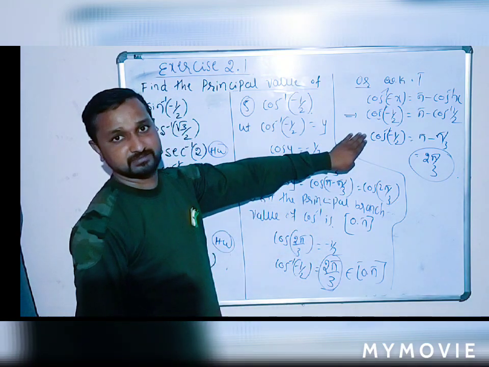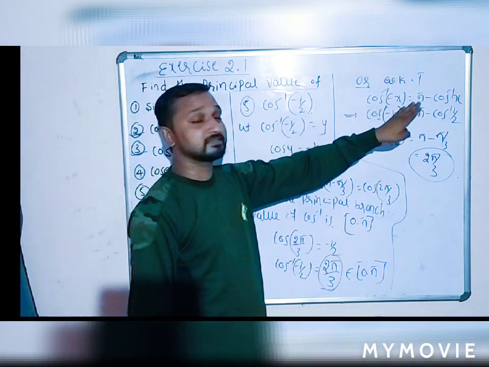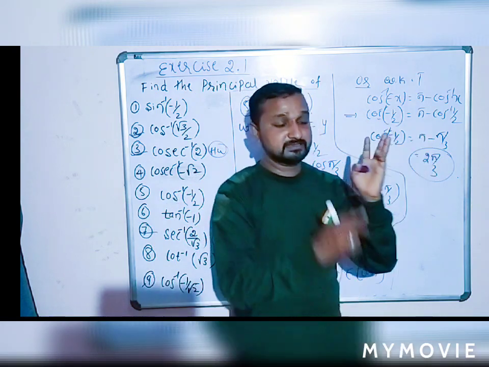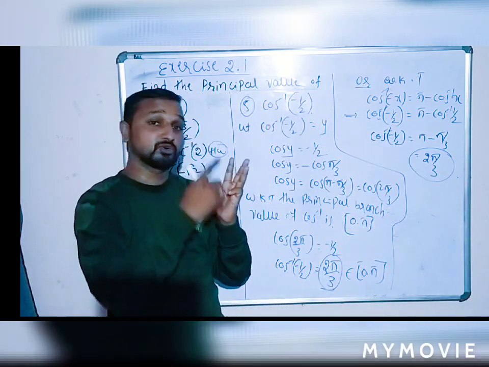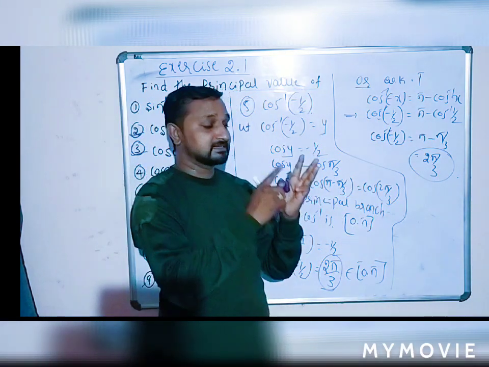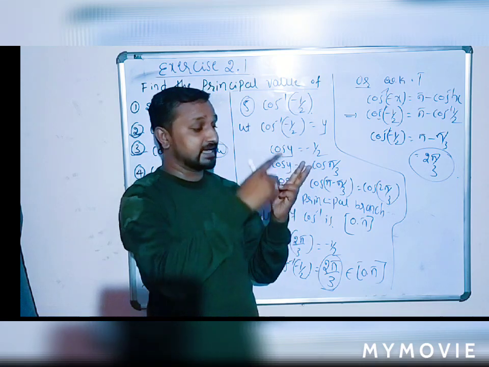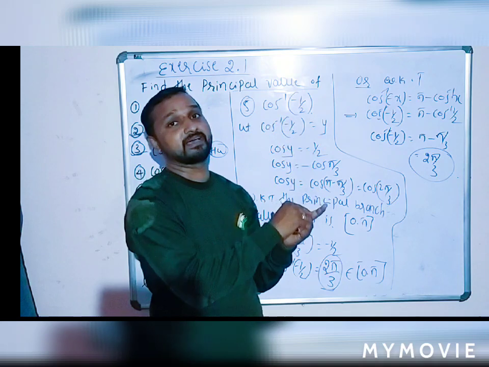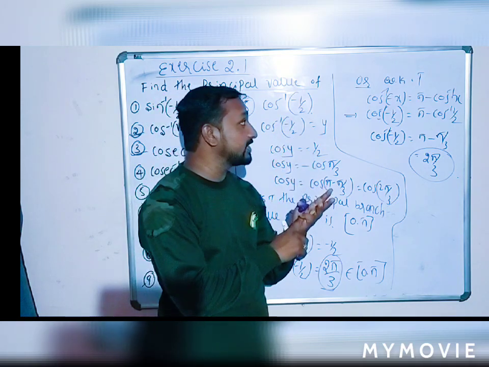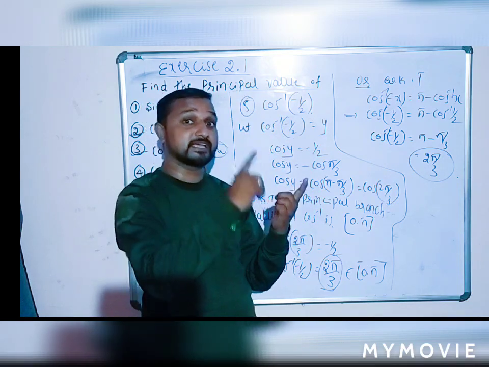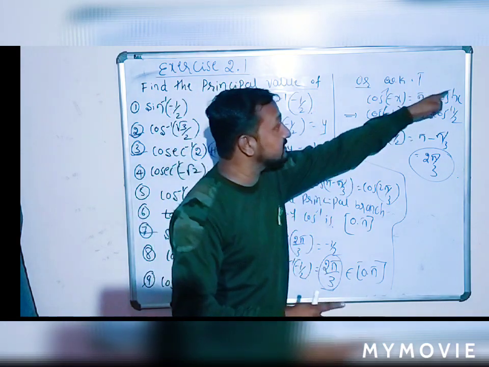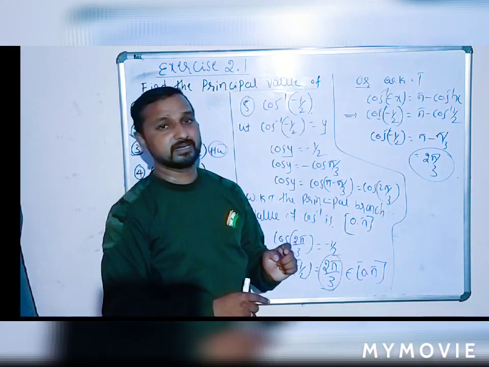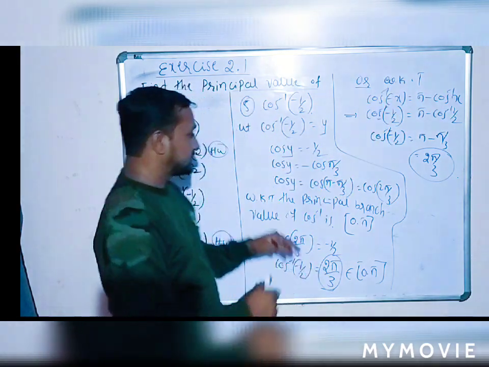Very simple method it is. For a negative angle, there are properties. Sin inverse of minus x is equal to minus sin inverse of x. Sin inverse, tan inverse and cosec inverse of minus x are nothing but minus of that angle. Cos inverse, sec inverse and cot inverse are nothing but pi minus of that angle. Is that clear? Very simple. 1 mark question.